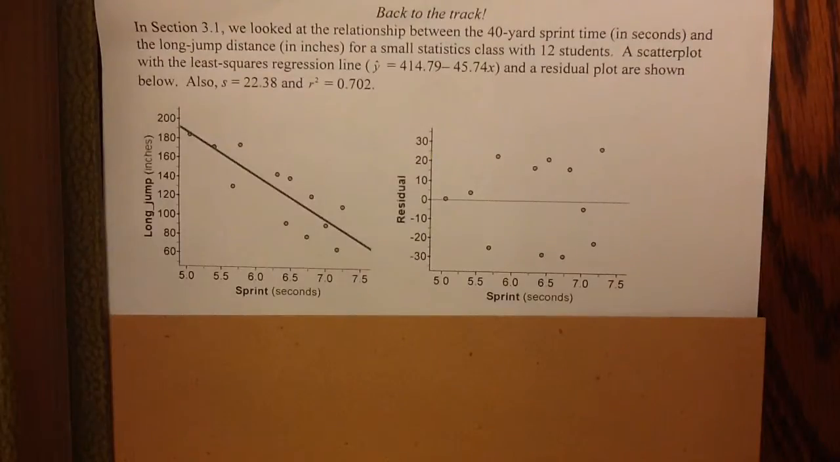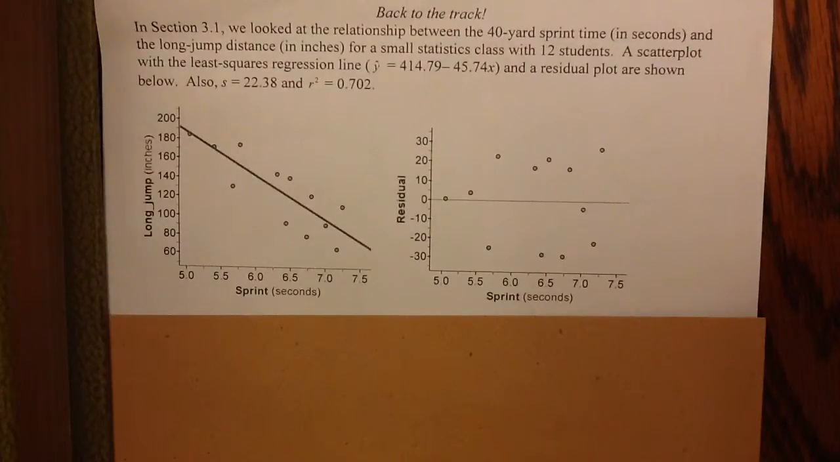Today we're working in section 3.2 and we're going to be back at the track. In section 3.1 we looked at the relationship between the 40-yard sprint time in seconds and the long jump distance in inches for a small statistics class with 12 students. A scatter plot with the least squares regression line y hat equals 414.79 minus 45.74x, and a residual plot are shown below. Also, s equals 22.38 and r squared equals